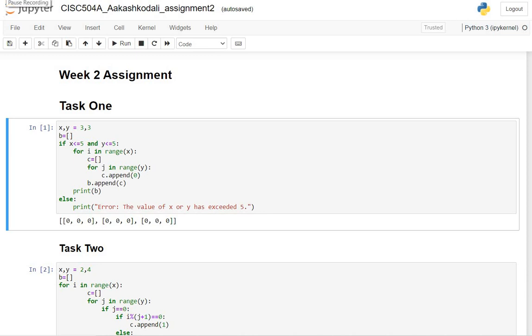And here we go. This is my week 2 assignment. In task 1, in line 1, I initialize the value of x and y to 3, and in line 2 I initialize an empty list b to store the values of the for loop, and in line 3